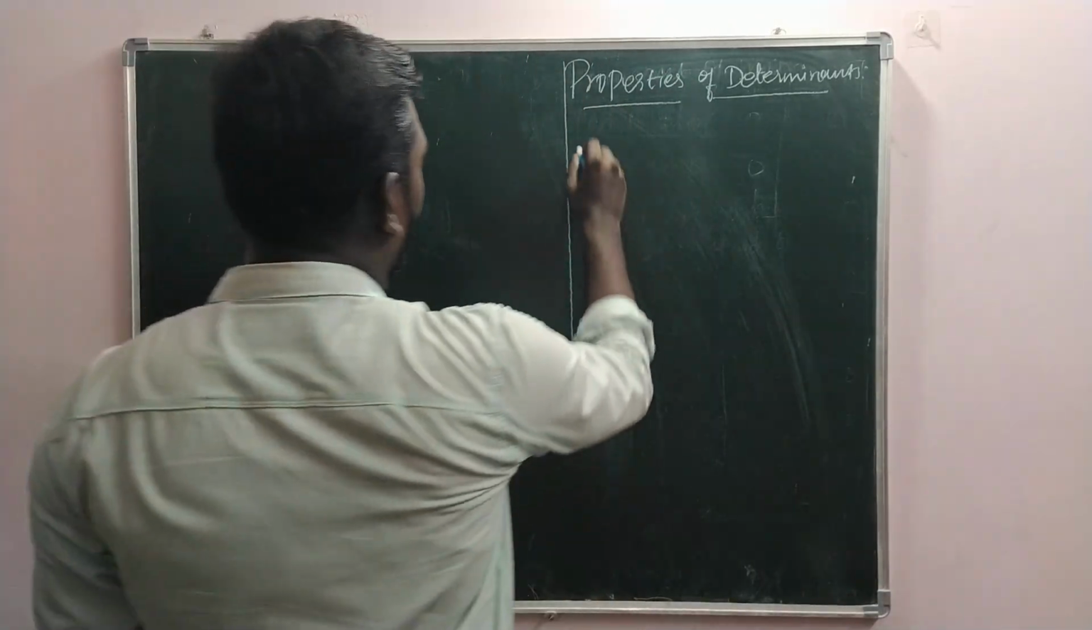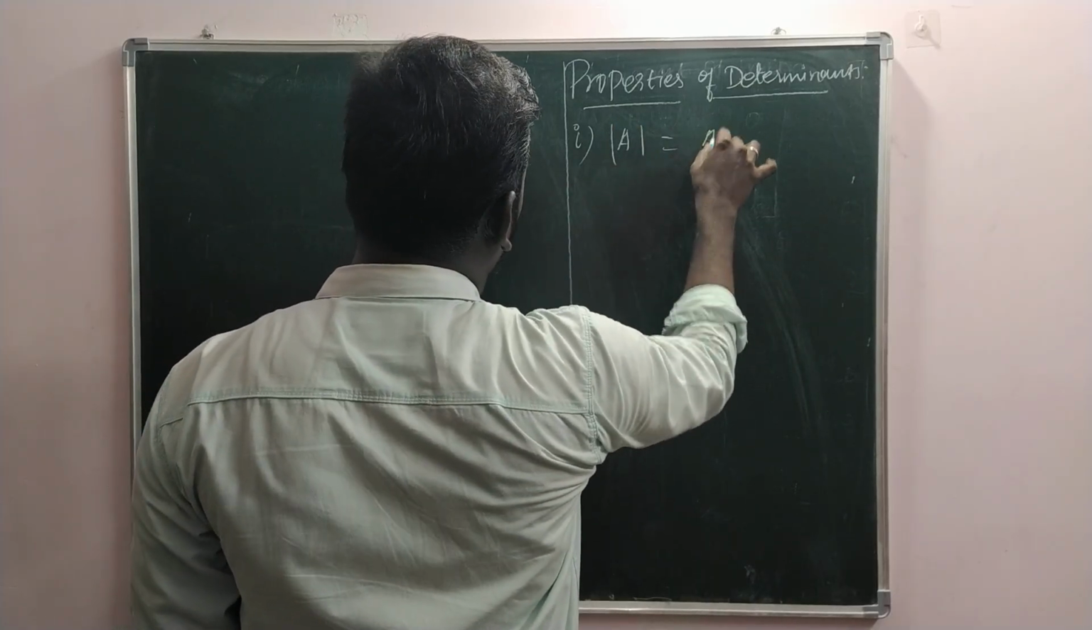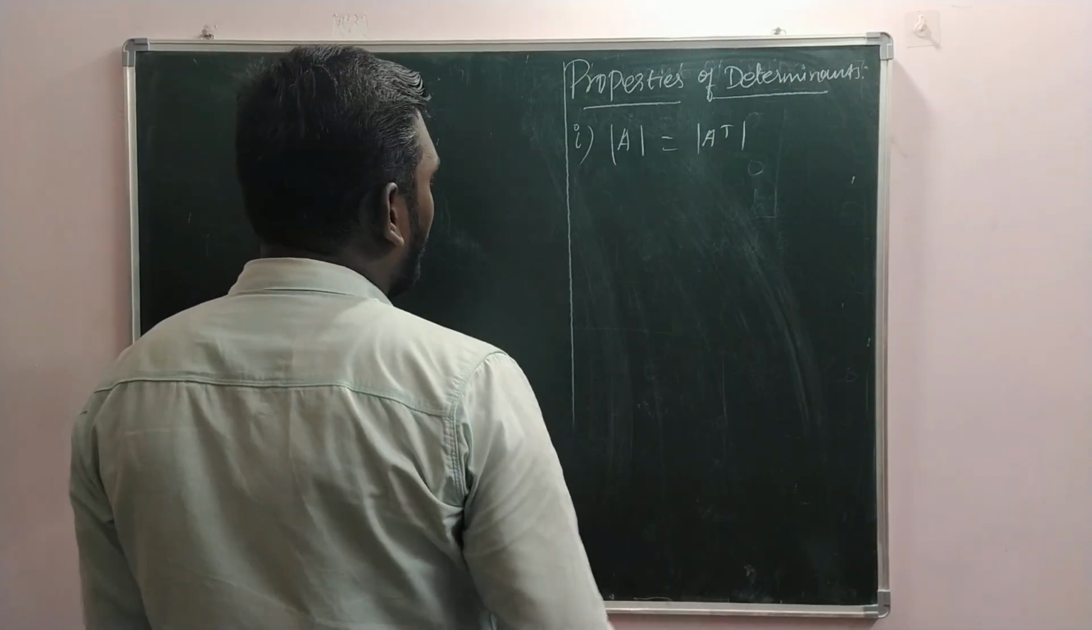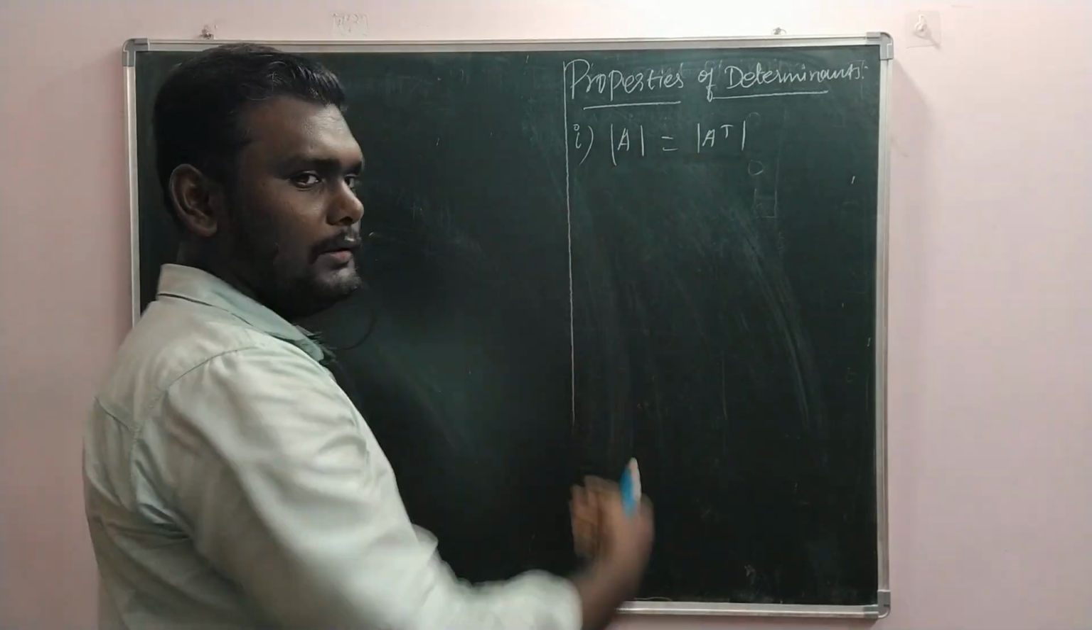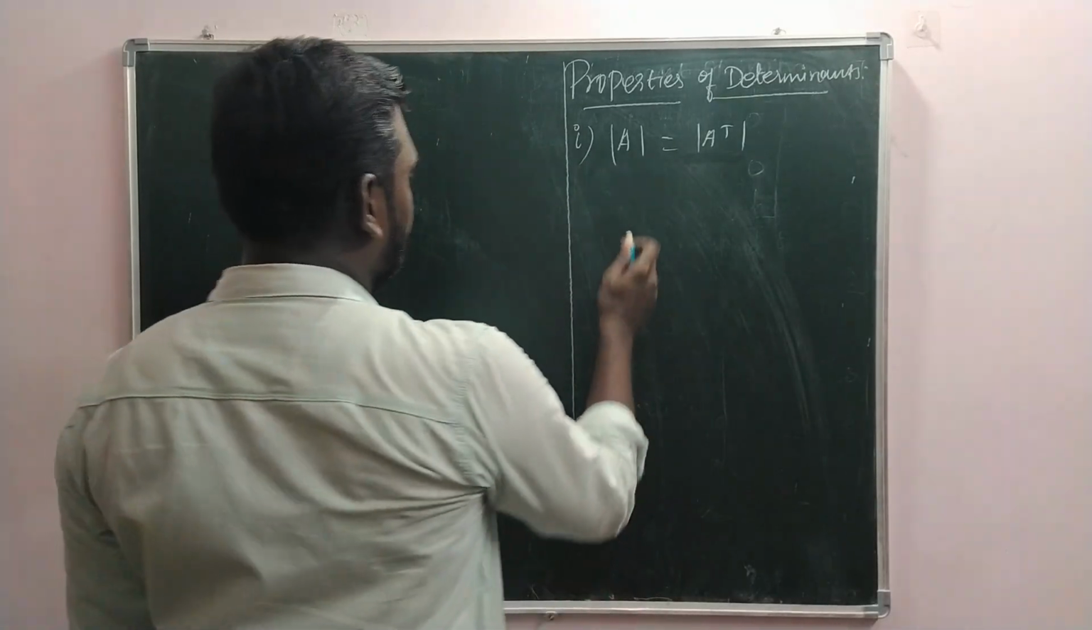The first property of the determinant is that the determinant of a matrix is equal to the determinant of its transpose. If you take the transpose of a matrix, the determinant is still equal. And the second one,